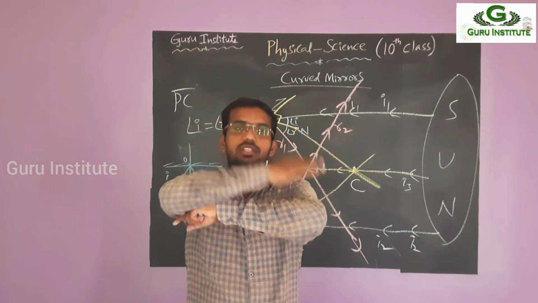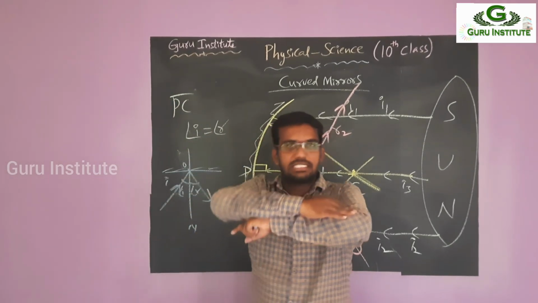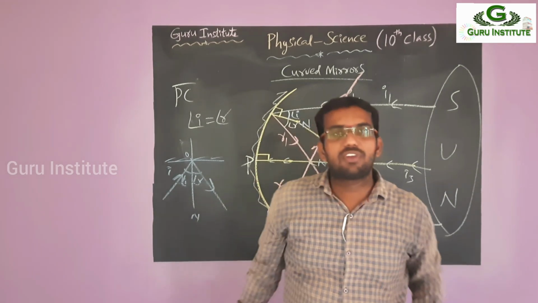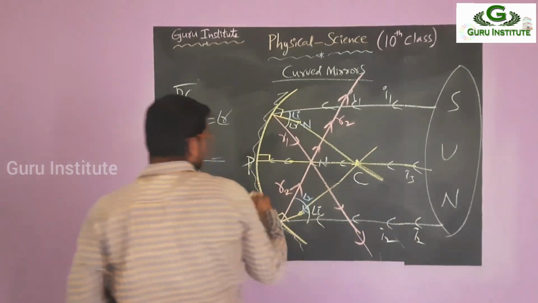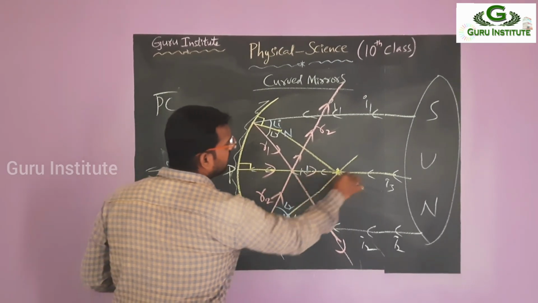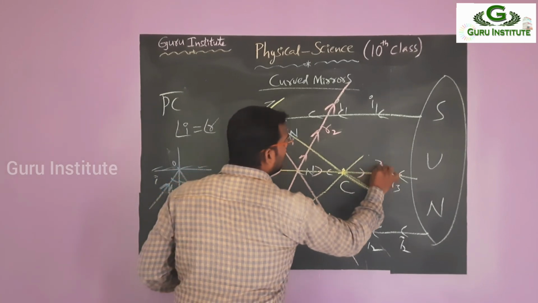Suppose this is 90; 0, 10, 20, 30, like that, 40 will be there. Both lie on the same line, so the angle of incidence is 0. Then automatically the angle of reflection is also 0. Angle of reflection being 0 means that the ray will go back in the same manner, along the same line. So I think this is R3.